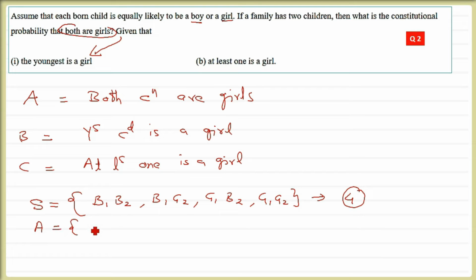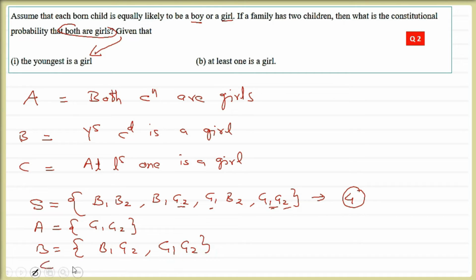Now coming to A, what is the sample space of A? That is the event A. Both children are girls. So only one, G1 G2, is the possibility. So G1, G2. A is this one only. B is the youngest is a girl. Youngest means the second child should be a girl. So wherever we have G2, in front of that it can be a girl or a boy, but G2 has to be in the second one. So B1 G2 and G1 G2, that is the youngest is the girl